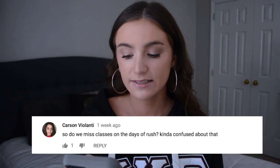So do you miss classes on the days of rush? I'm kind of confused about that. Usually for most schools, and this is obviously going off of my school and what I've experienced, most big state schools usually recruit a week to a week and a half before classes for the university actually begin. So at the University of South Carolina, August 14th maybe, something like that, and we start classes the 24th of August. We have rush and recruitment during pref, but pref is on the weekend, so you actually don't end up having classes at the